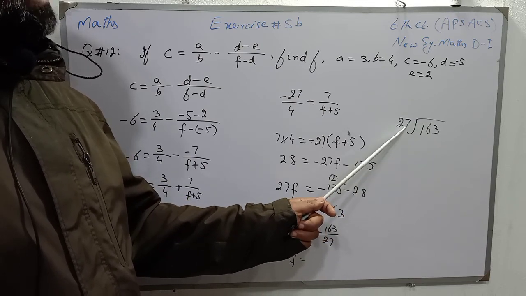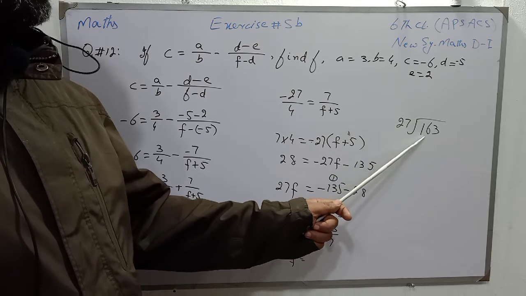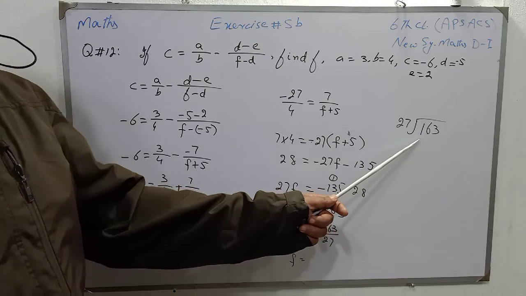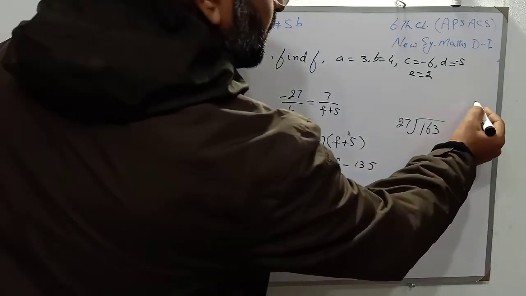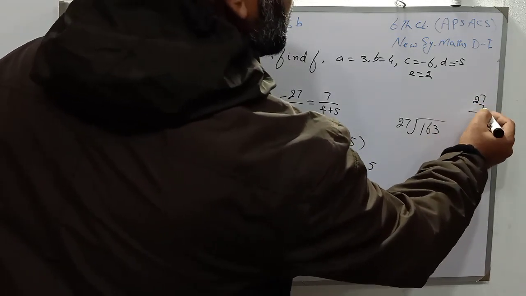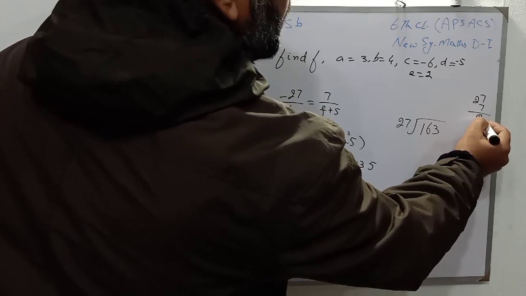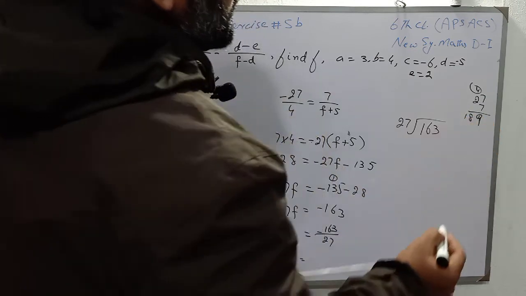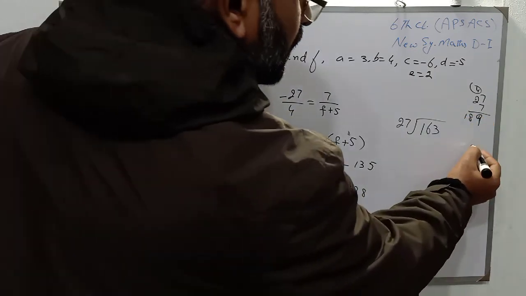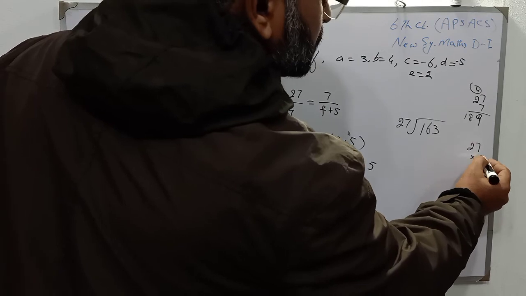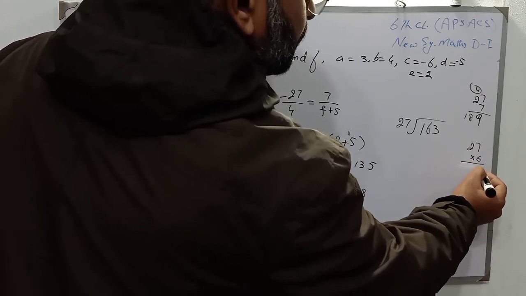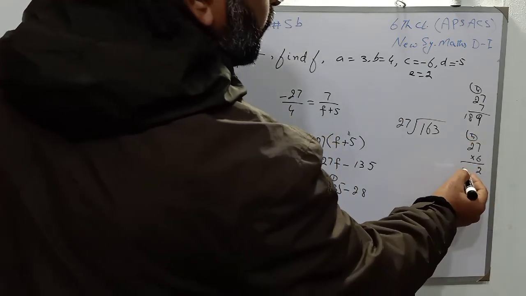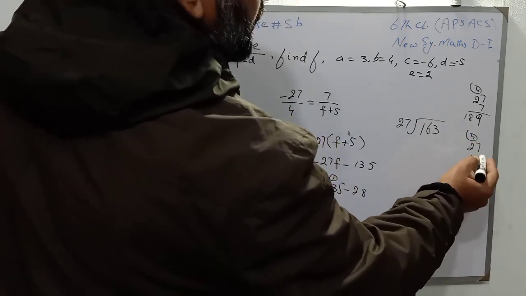and when 8 multiplies with 7, 8 7s are 56. So the product will be increased beyond 163. So we will multiply 27 with 7. 7 7s are 49. 4 carries, 7 2s are 14, and 4 18, 189 is greater than 163. So multiply 27 with 6. 6 7s are 42. 4 carries, 6 2s are 12, and 4 16.